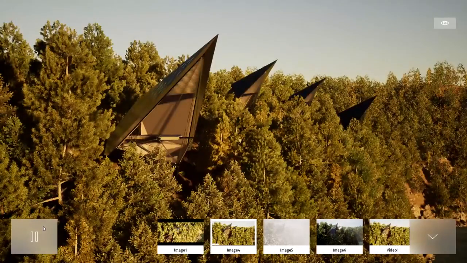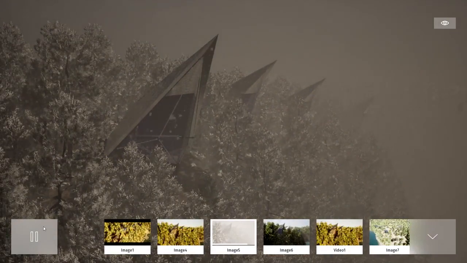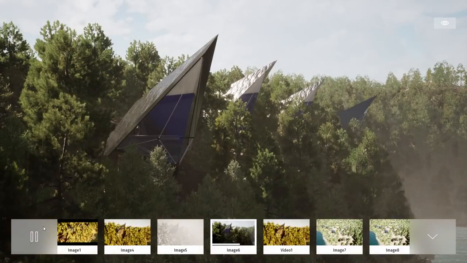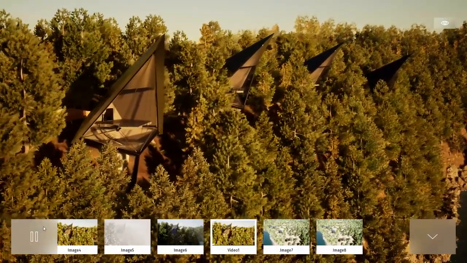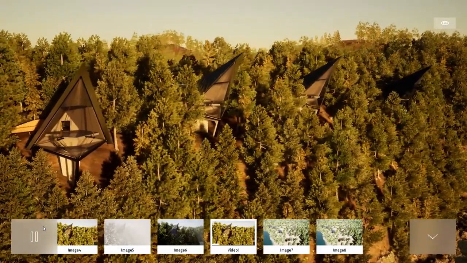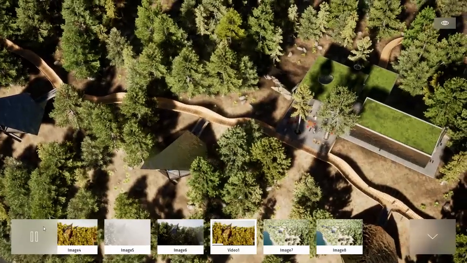And here I'm just basically switching to my different slides, similar to a PowerPoint. Here I have different variations of the same point of view and I'm switching from one to another. After that, I have my video that will start to play. And also in Twinmotion, since everything is in real time, at any moment, if I have a VR headset plugged in, it's just one click to switch to VR, and you can do all that stuff in VR, changing the time of day, the weather, changing the materials.